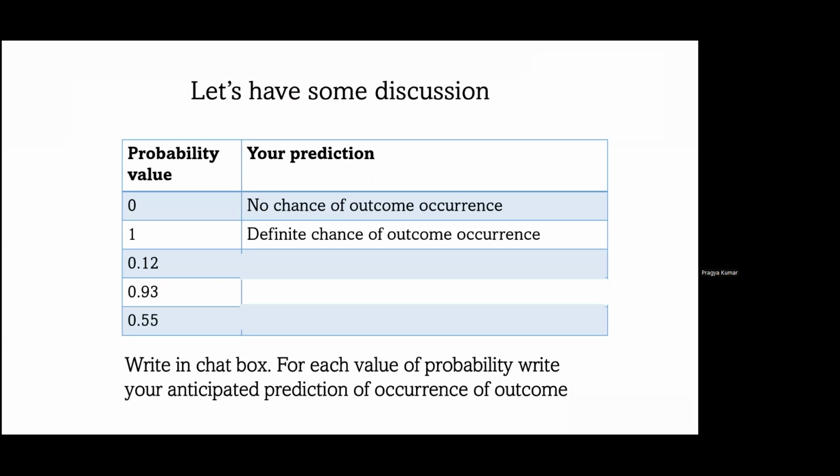Now, based on that probability, how will I decide? We know that 0 means no chance of outcome occurrence and 1 means a definite chance of outcome occurrence. You know that if the probability value is 0, we call it no chance of outcome occurrence, and 1 is a definite chance of outcome occurrence. Now, you all have to write in the chat box, for each value of probability, your anticipated prediction of occurrence of the outcome. If the probability value is 0.12,